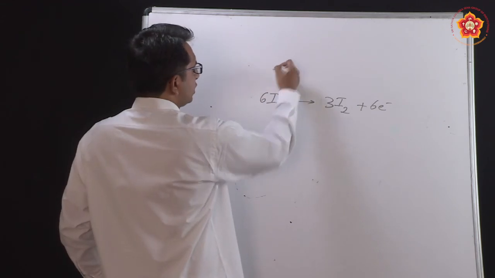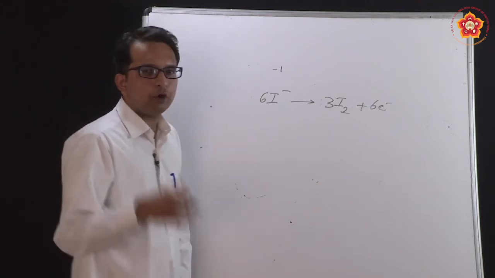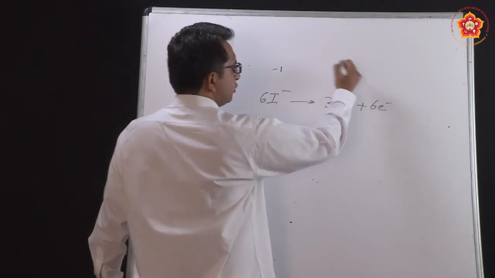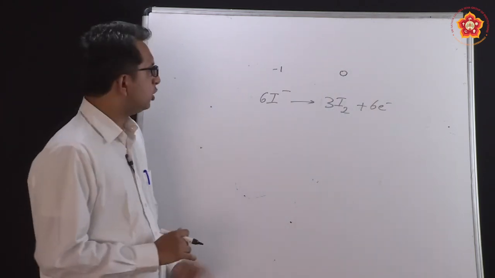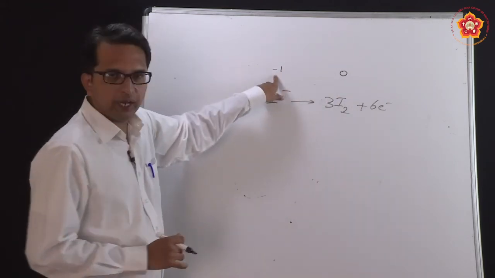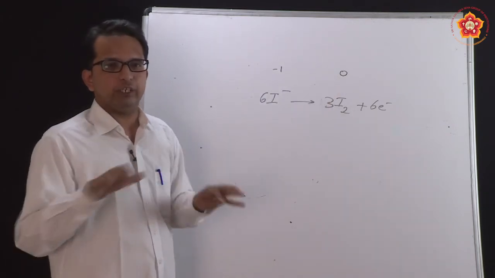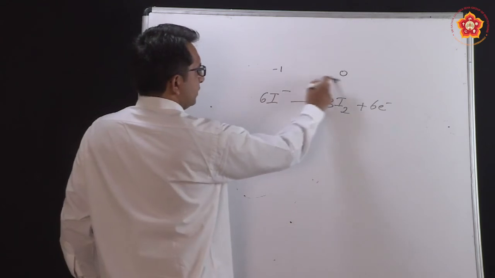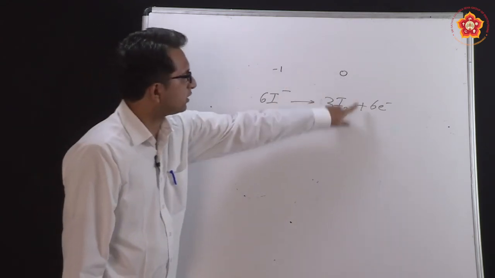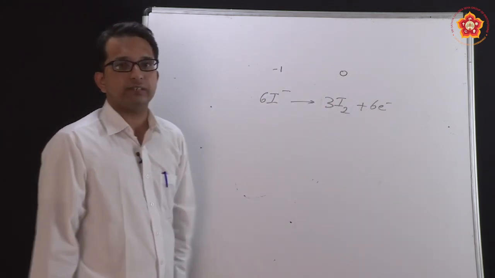The oxidation state of iodine here is -1, whereas we know very well that any compound in its elemental or stable molecular form will have oxidation state equal to 0. This is a known fact for us. So what has happened here? There is a loss of 1 electron. -1 indicates 1 excess, 0 indicates it is as usual stable. So during the process 1 electron is lost. Now because we took 6 iodide ions, for 1 iodine it was 1 electron, for 6 it is in total 6 electrons.